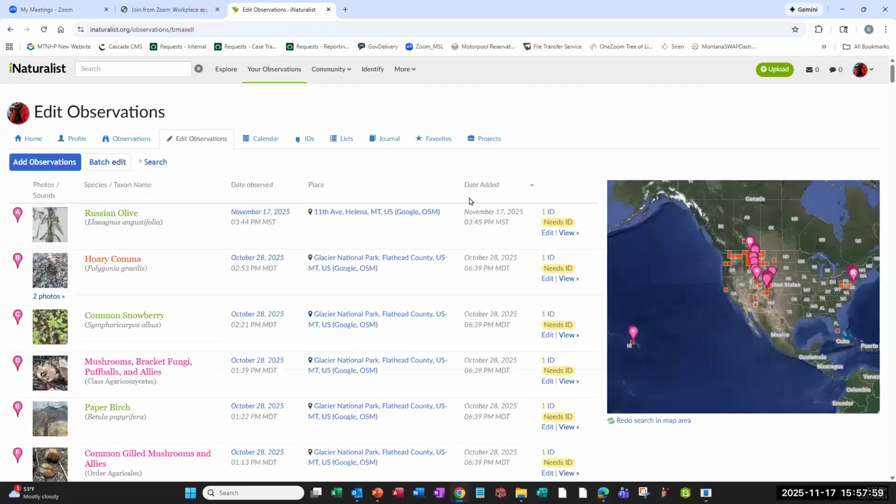And with that, that is the basic way to edit observations. You could also change the identification to a different species if you wanted to. Thanks for your interest in using iNaturalist, and